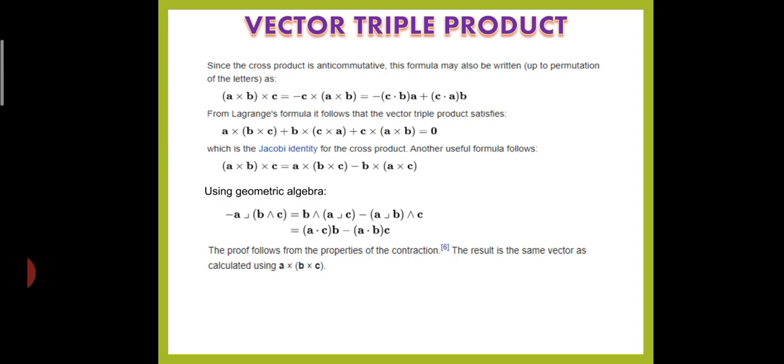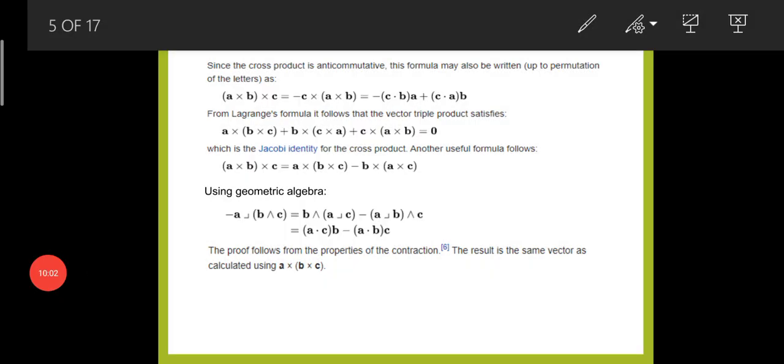Using geometric algebra, here there are also different types of properties. First, a vector triple product is a vector quantity, a vector coplanar with a and b and perpendicular to c. Here the equation is minus a is b to c equal to b